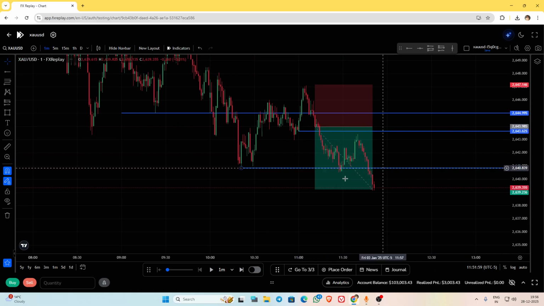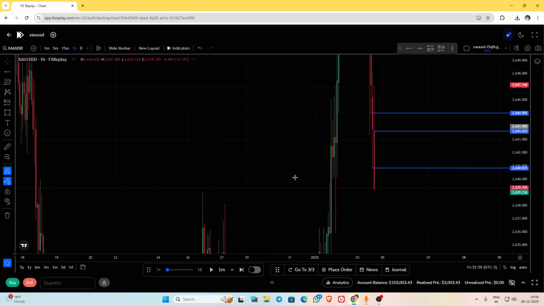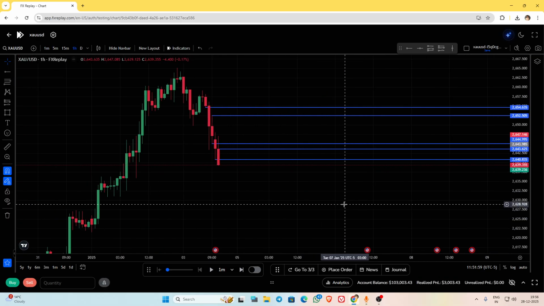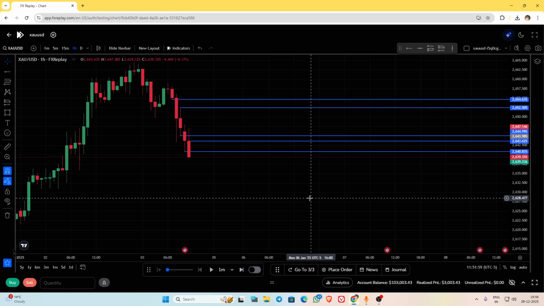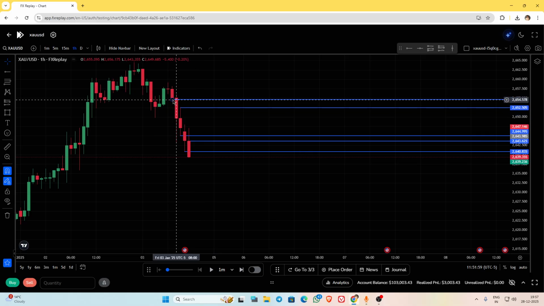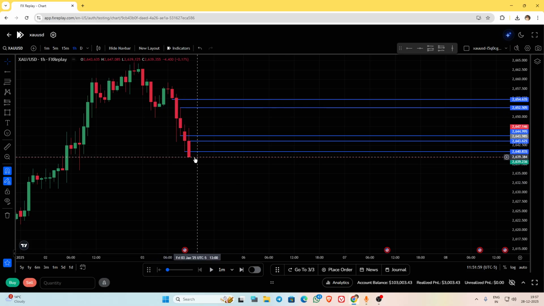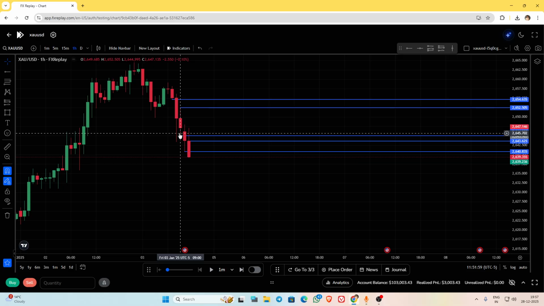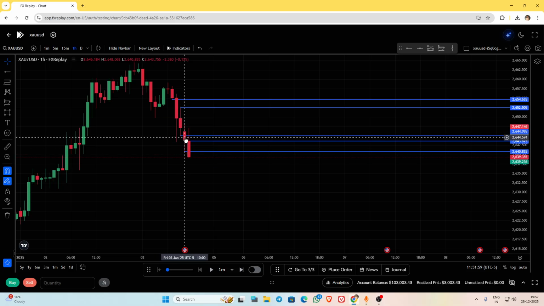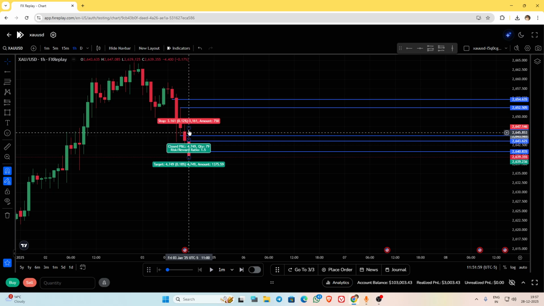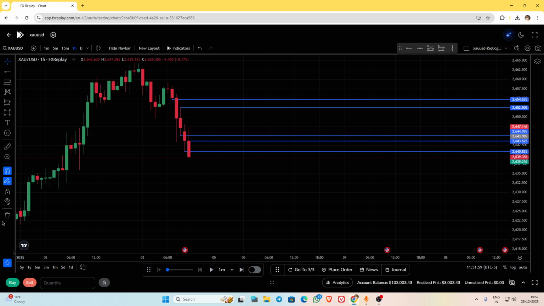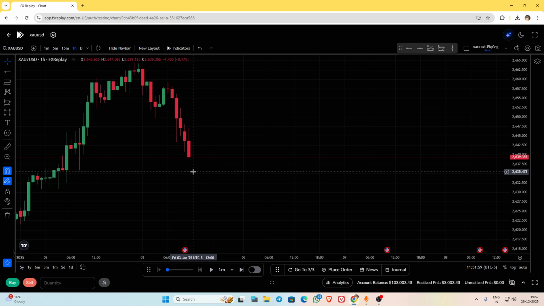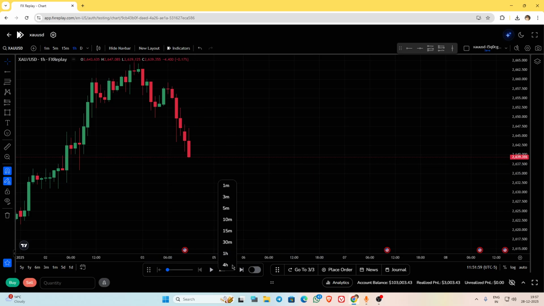This is also a very good trade, and as I told you, there are two models which we use. The first one is after the candle closer or the turtle soup. So this was the candle closer model. 9 a.m. candle, 10 a.m. closed below the 9 a.m. and we entered at the point of interest. So two trades in a row. Now we will go